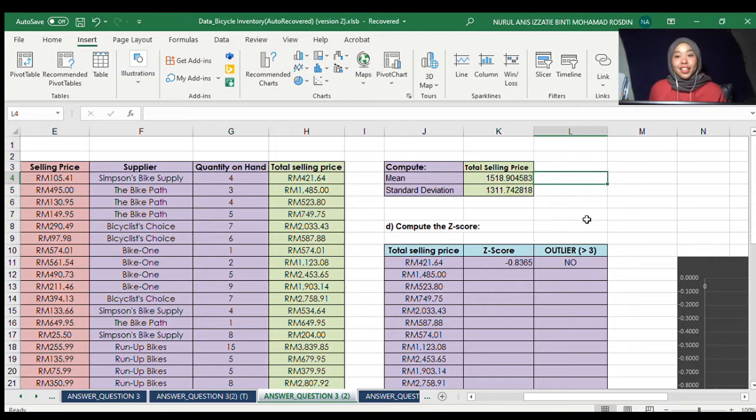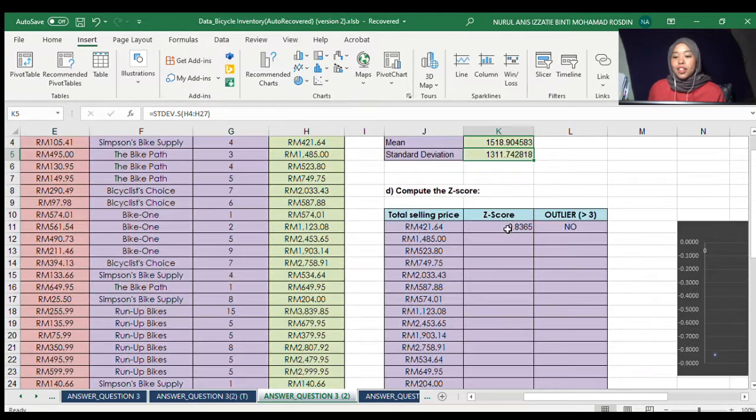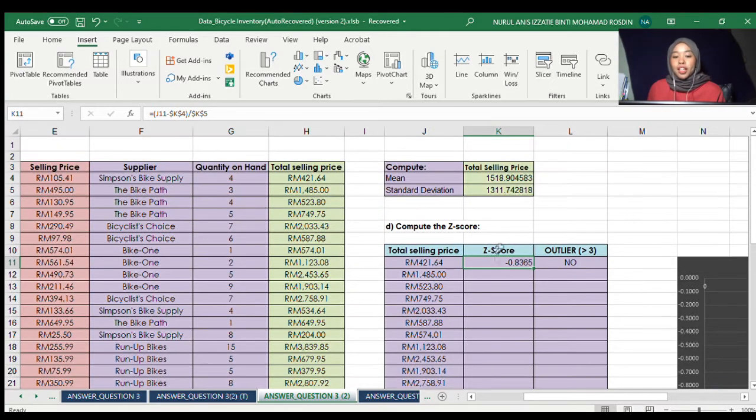Let's compute the Z-score for total selling price. First of all, we have to compute mean and standard deviation for total selling price. As usual, mean, we use the formula average, open the bracket, drag the total selling price table range, close the bracket, and enter. For standard deviation, we use stdev.s, open the bracket, drag the total selling price table range, close the bracket, and enter. To compute the Z-score, we use the formula total selling price minus mean and divide